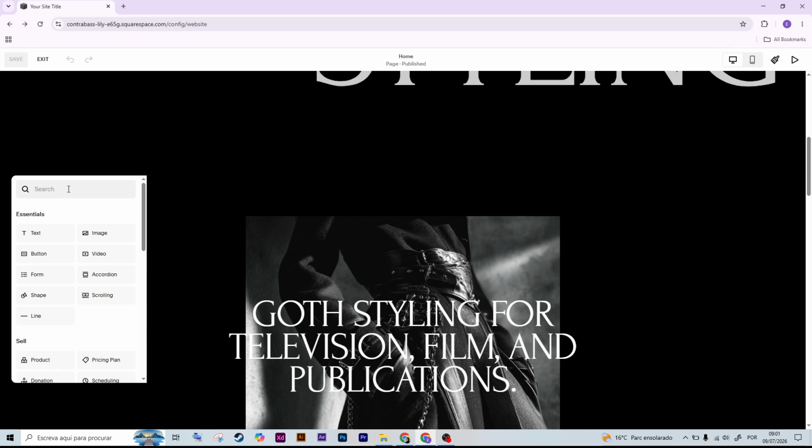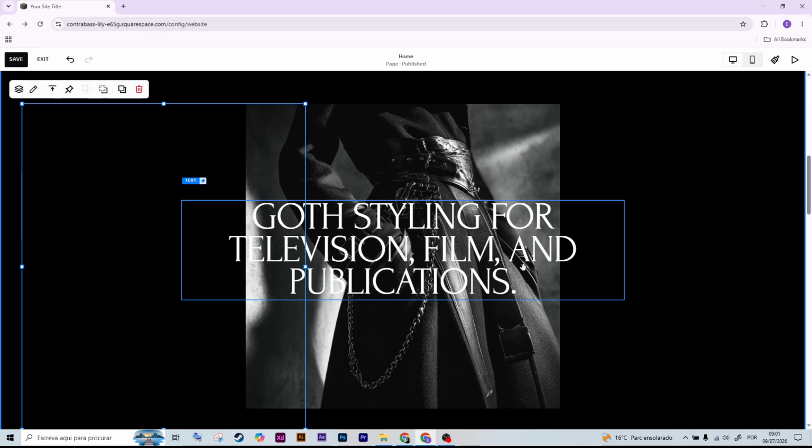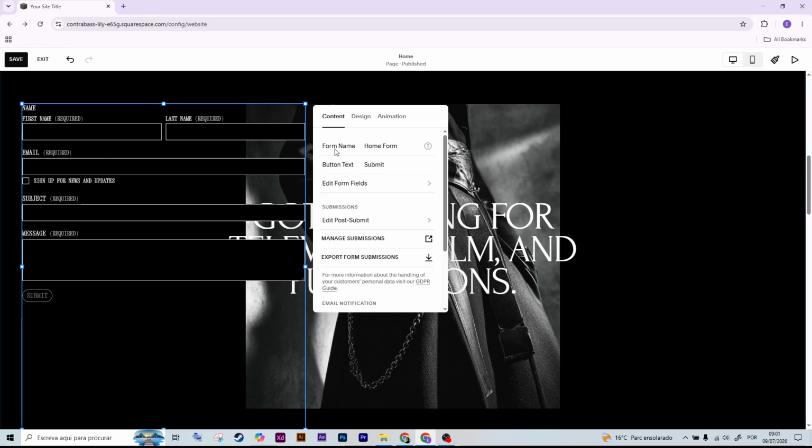Now search for and select the form block. Next, choose a pre-built form or start with the default contact form. After that, click the form to edit it. Add, remove, or rearrange fields such as name, email, phone, subject, and message to match the information you want to